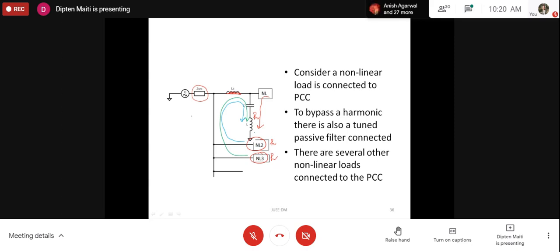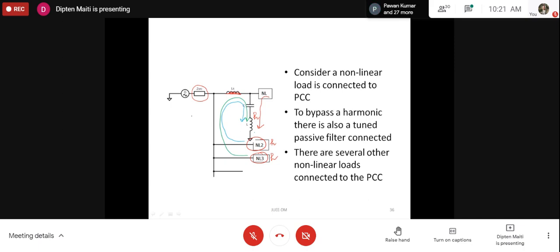For the capacitor, the same thing happens. There is a restriction in the size. The first thing is the farad value, the microfarad value, and another point is the RMS current that can be passed through the capacitance. The capacitor may not have the capability to cater that much RMS current, so you need to connect further capacitors in parallel, keeping in view your microfarad requirement. That way the capacitor bank size for the same LC filter may increase or decrease depending upon your requirement of the harmonic current to be bypassed.